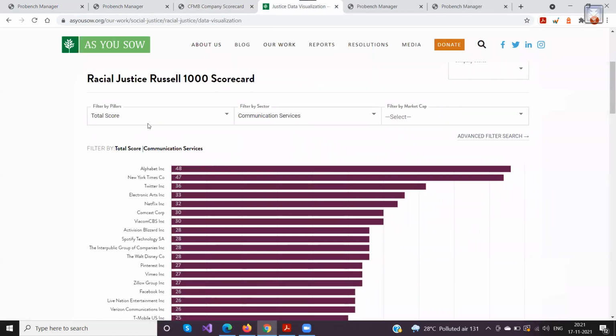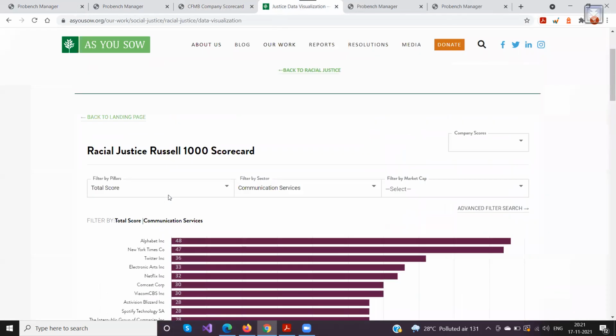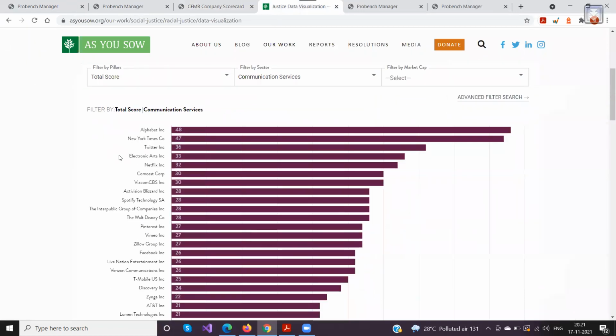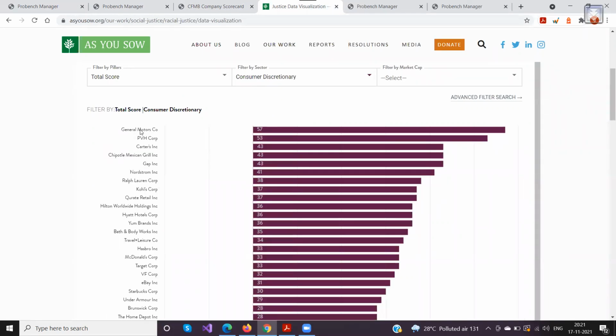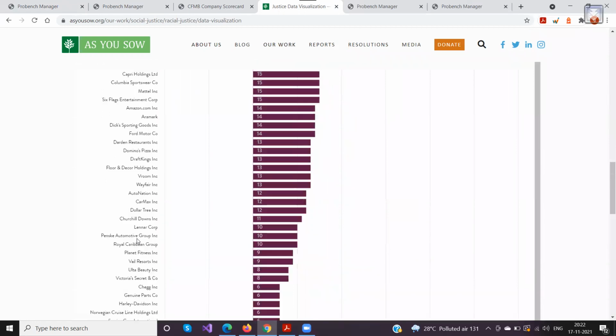Here we have some filters, and based on the filters, there's a chart which shows the list of all the companies. Then if I go to consumer discretionary, it would change the chart to show all the companies with consumer discretionary.